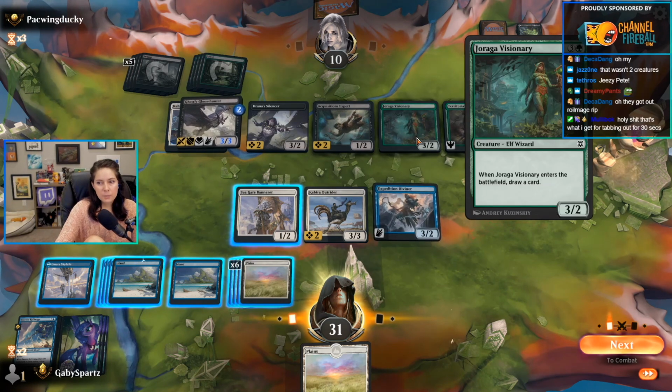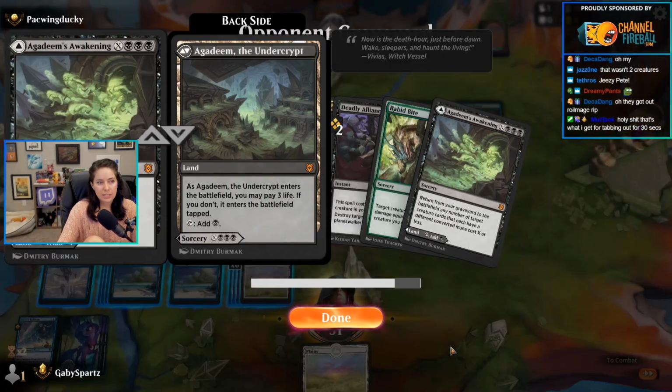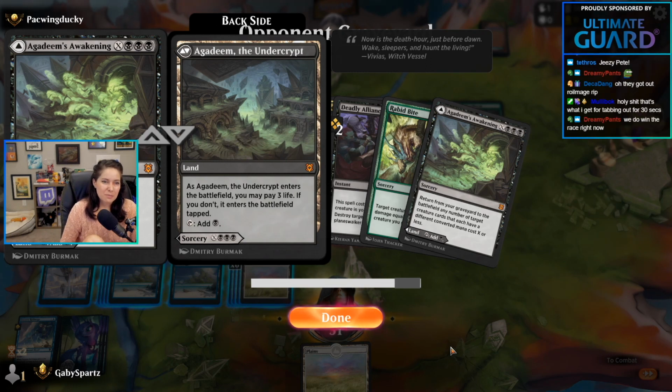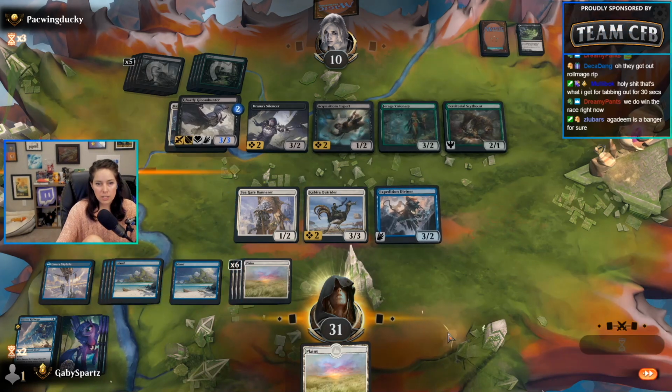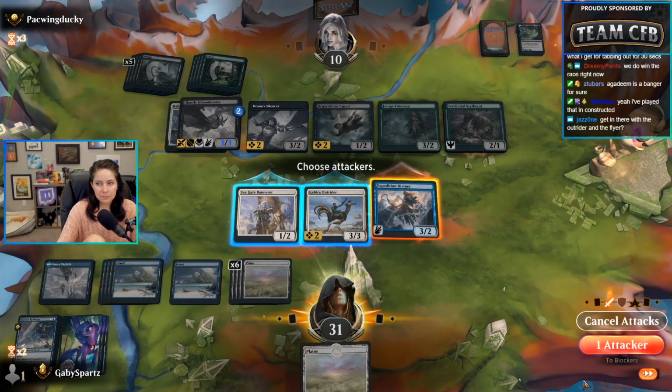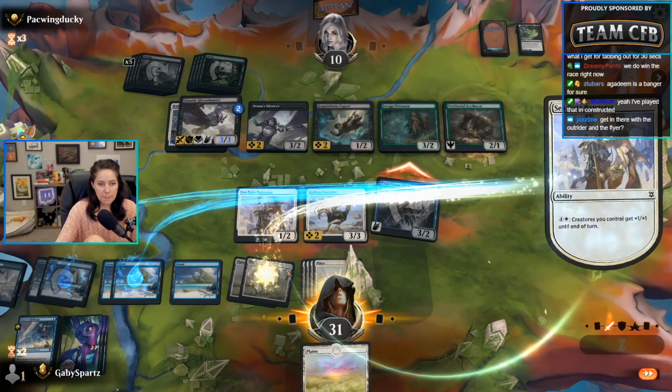Like, this may have drawn them something. Oh, Molly, they played this thing. Look. Return target. This is also one... It's a land. It's so cool because you can just have it ETB. Pay 3. Yes, we do win the race. So I think I'm actually just going to do that. Attack with you. And then...